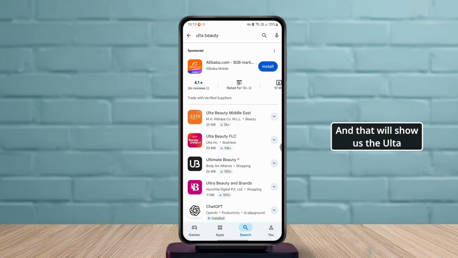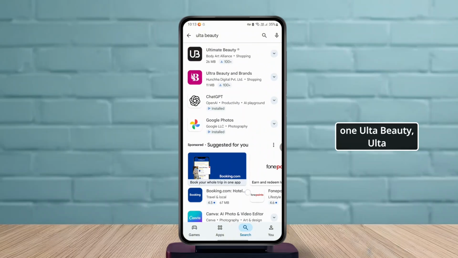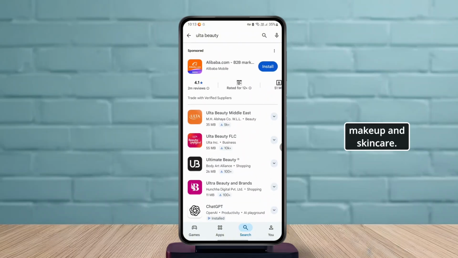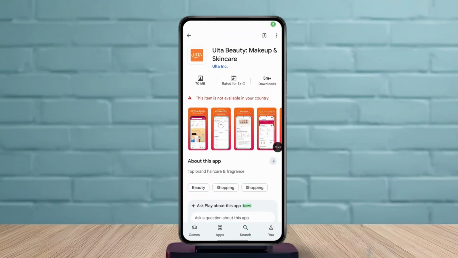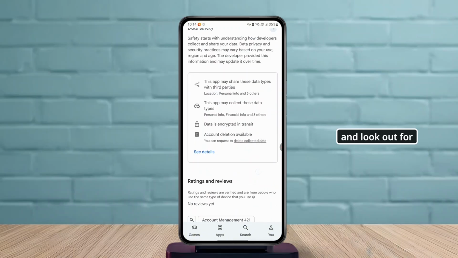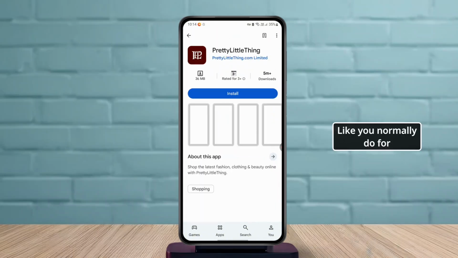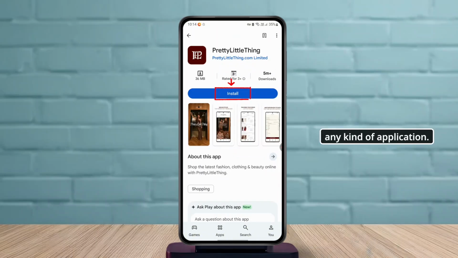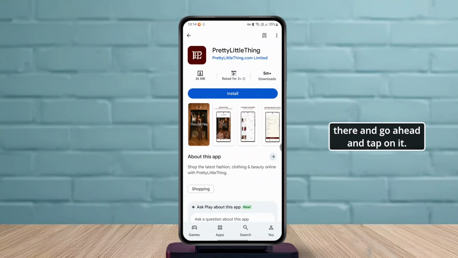And that will show us the Ulta Beauty application here. So go ahead and find the official one, Ulta Beauty, the makeup and skincare. Look out for it, which should be this one right here. Once you find that application from the results, you can look out for the install option. Like you normally do for any kind of application, find this install option right there and go ahead and tap